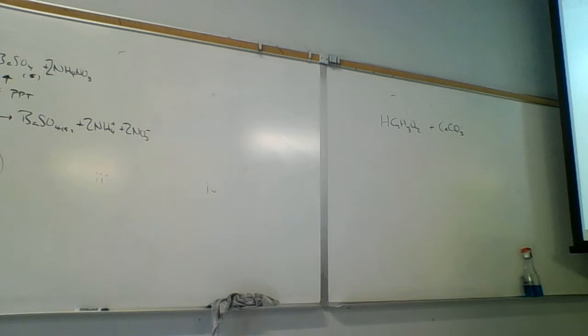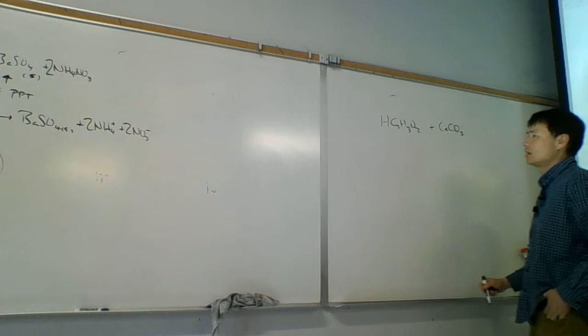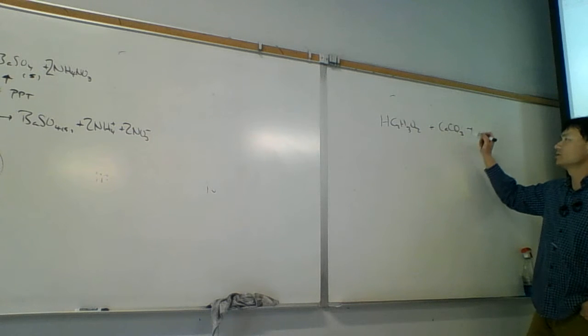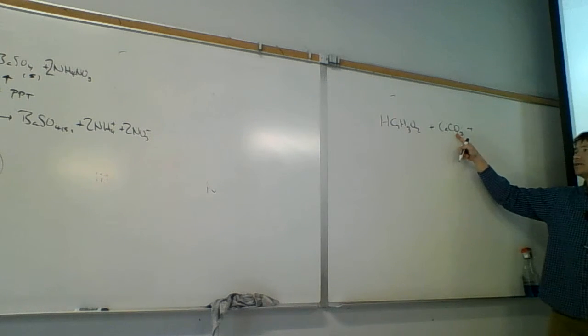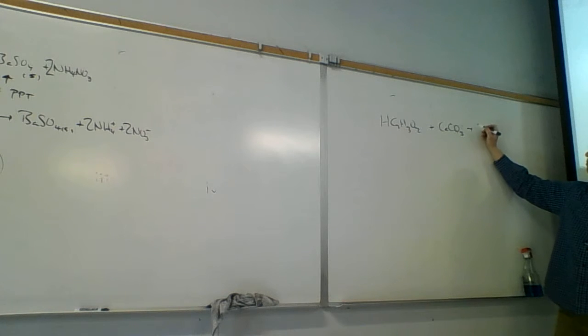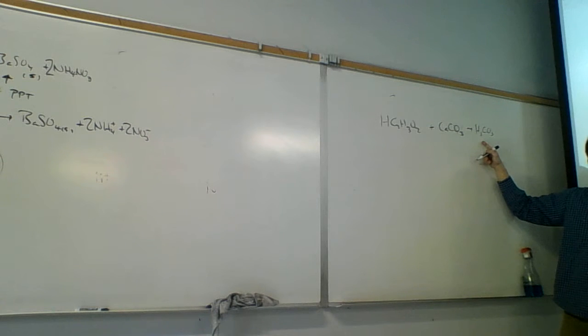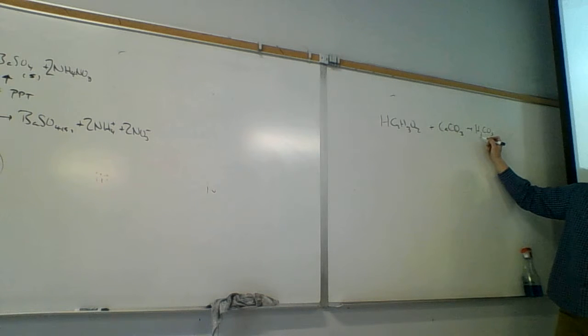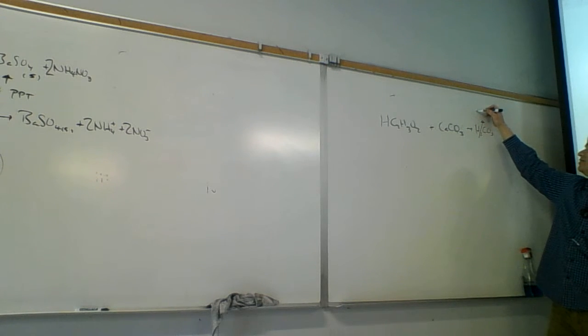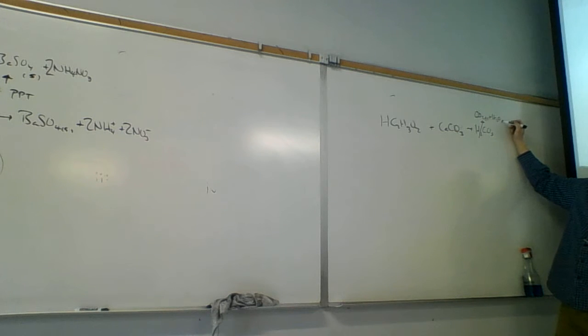But we're not going to do Bronsted like this, because if double replacement works, I'd rather do it that way. That is, I'd much rather do hydrogen ions with carbonate ions. Hydrogen ions with carbonate ions makes what formula? How many hydrogens, how many carbonates? 2 hydrogens and 1 carbonate. We call that carbonic acid. Carbonic acid, is it stable? No, it decomposes into CO2 and water. CO2 gas plus water.